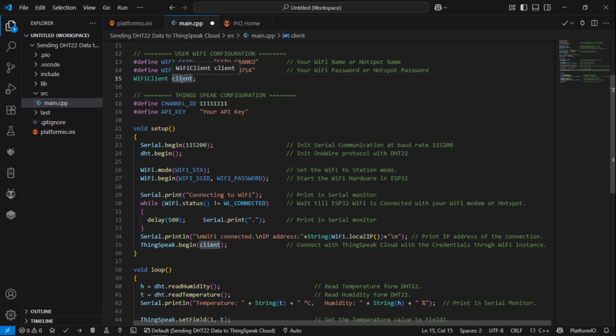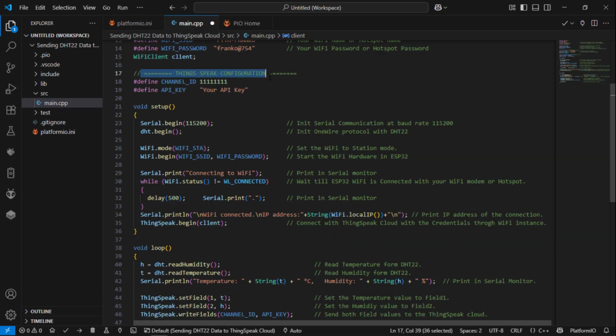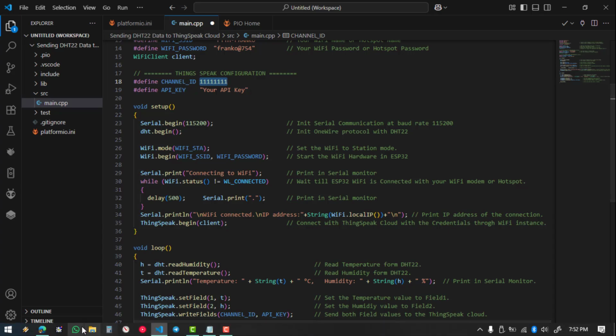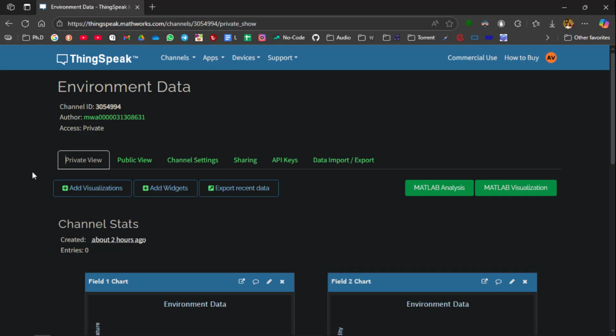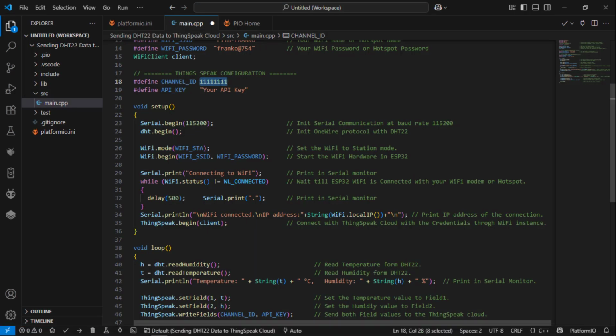So the Wi-Fi client you have created it. Then the ThingSpeak configuration. In the ThingSpeak configuration, you need to set the channel ID. You can get your channel ID from here. This is the channel which we have earlier created. So you copy the channel ID from here and paste it